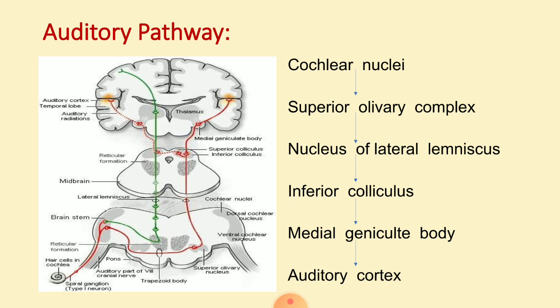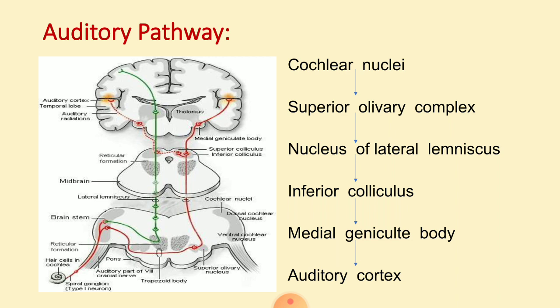The next speciality of the auditory pathway is that there is tonotopic organization of the fibers in the auditory nerve. That means fibers carrying auditory sensation for different frequencies of sound are arranged distinctly. There is special tonotopic segregation or organization of the fibers. So, even before reaching the brain, there is clear arrangement for frequency discrimination in the auditory nerve itself.